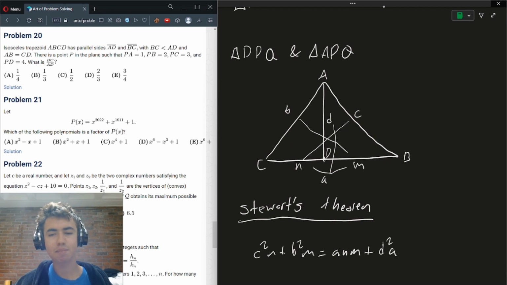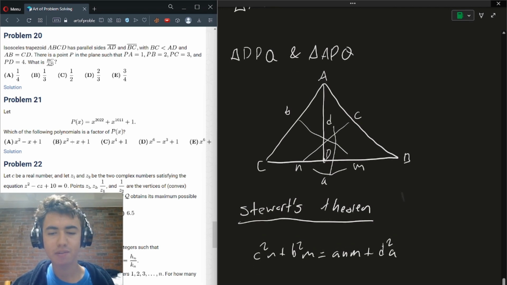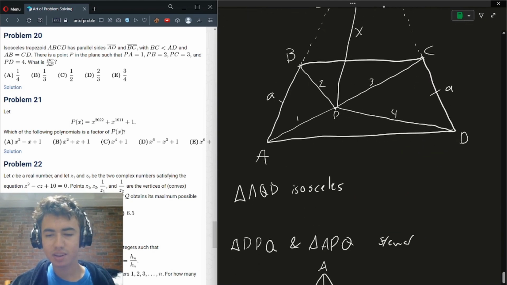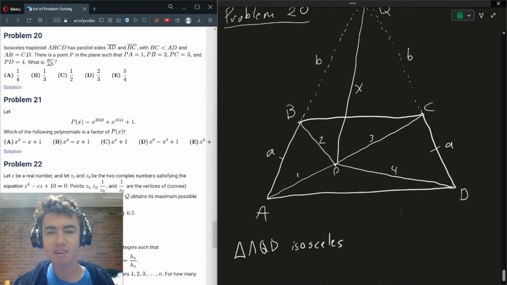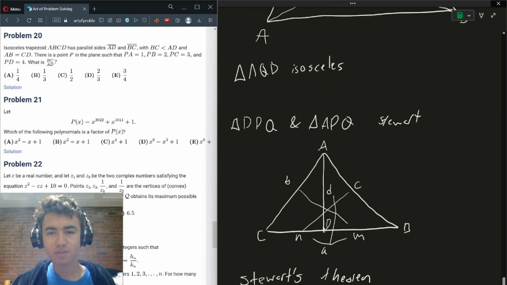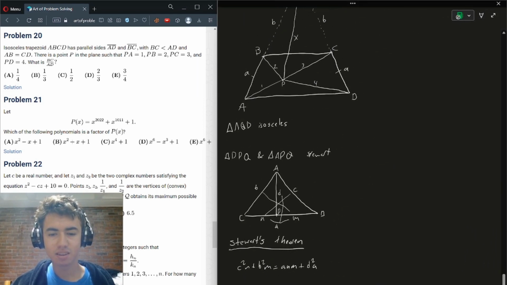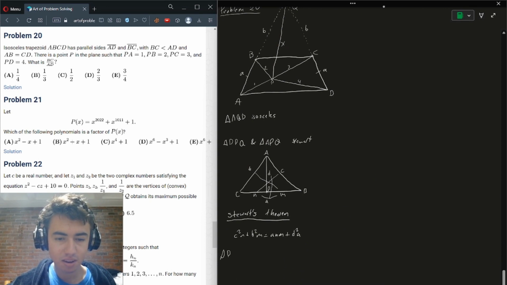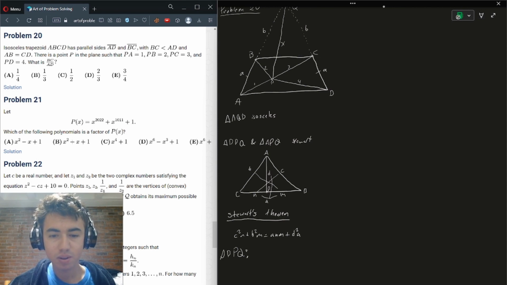And like I said, this is just something you should have memorized and be able to apply whenever you recognize this diagram. And since we have this for both DPQ and APQ, let's just apply Stewart's theorem to both of them. So let's see, let's just make this a little bit smaller briefly. So let's say triangle DPQ. Right, so for Stewart's theorem, what do we get? For DPQ, well, just plugging in, making it look like the triangle I just wrote, we can do